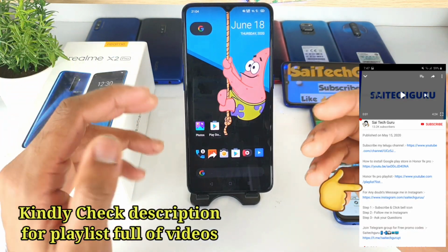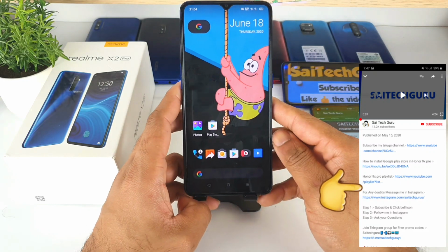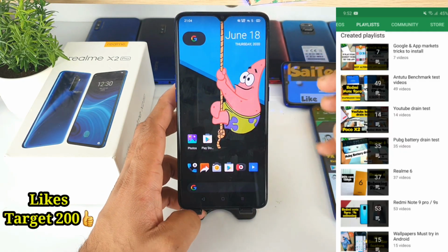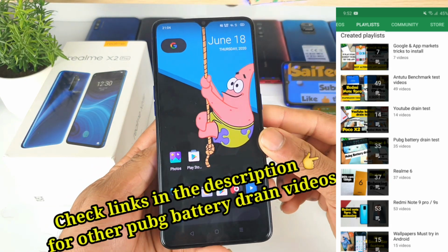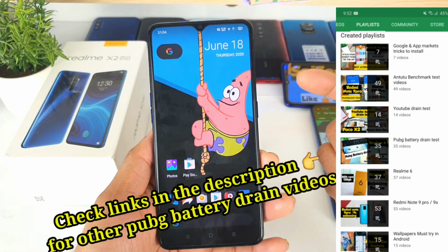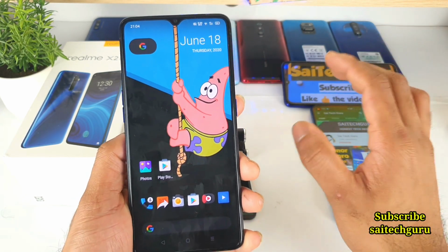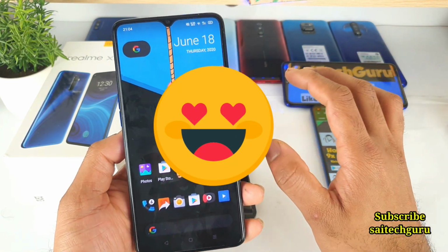In this video, I'm going to talk about the battery life of the Realme X2 Pro device. The reason I'm doing this video is that recently I'm getting plenty of queries regarding the Realme X2 Pro, in terms of the price decreasing on Flipkart. They were asking how the battery is in the Realme X2 Pro with Realme UI. So I decided to use this phone today, and I got a few screenshots and screen on time and everything I'll